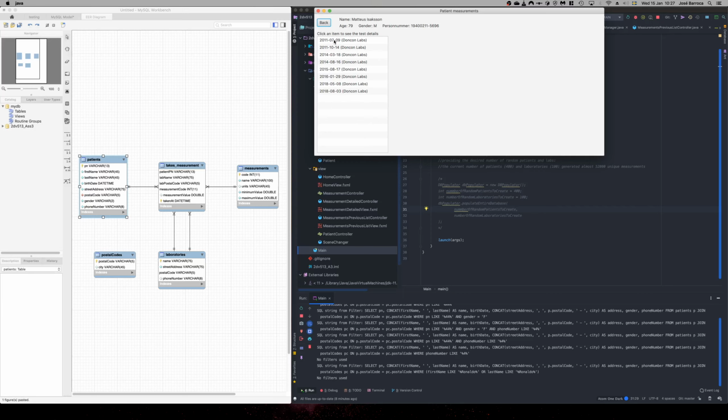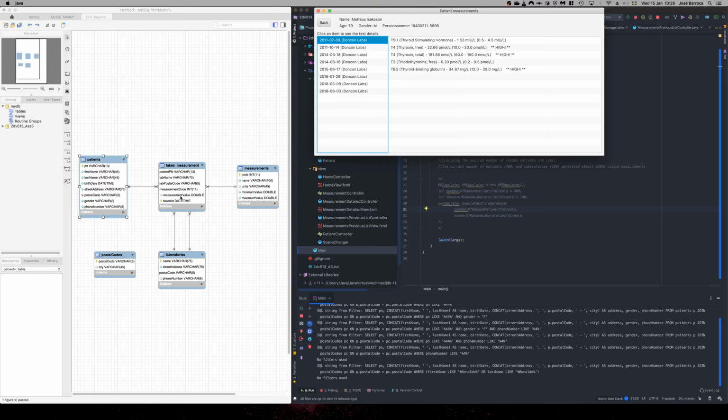So we are only interested in populating this list with the date and the name of the laboratory. So we use the distinct in order to ask for all the distinct dates in which this patient has taken any measurements. And then we use all the results to populate this list. And now when we click an item on this list, then we perform another query. We ask the database, okay, for this patient on this date for this laboratory, then show me all the measured